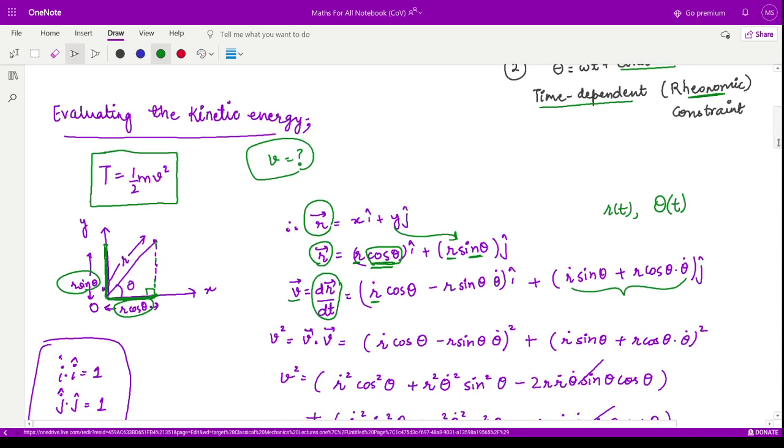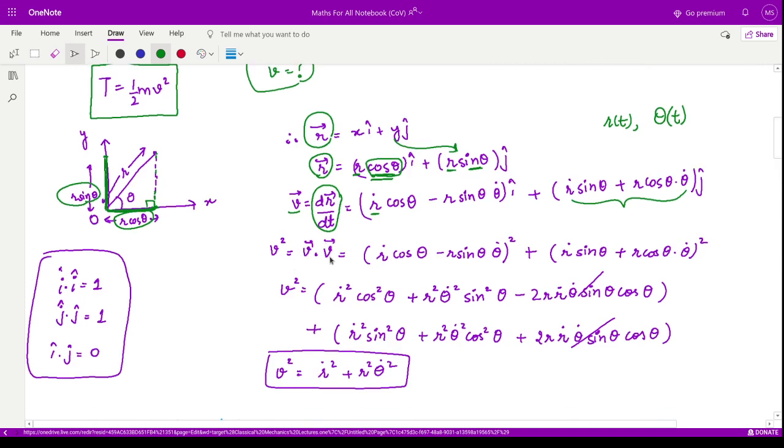That means we are to take the dot product of v with itself. If you remember the rules, the dot product of i cap vector with i cap is equal to 1. That means a vector with itself, its dot product is equal to 1. Moreover, since i cap and j cap are unit vectors and orthogonal, perpendicular to each other, therefore the dot product is equal to 0. So by virtue of that, we have the square of this term, because i into i would be this thing and j into j would be this thing, the square of this term.